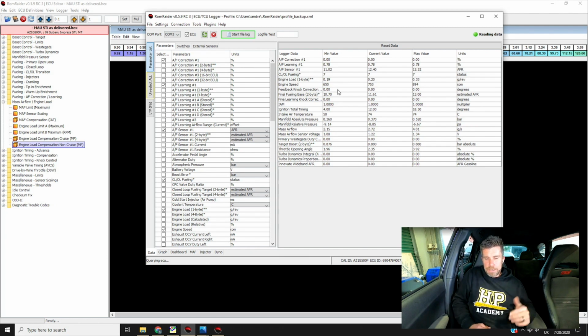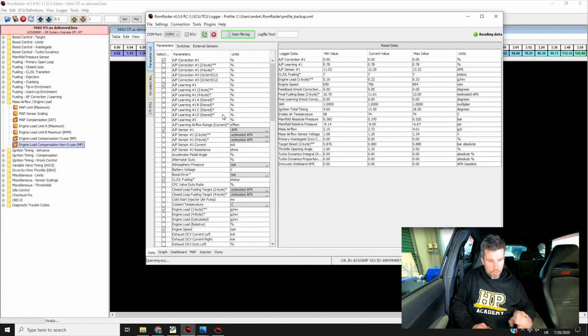Alright, moving down, we obviously also have a need to know what our engine RPM is. Engine RPM is the axis input on a number of our tables. So we've got our engine speed in here. The other one we've got here is our engine load. So our load input is also really important.